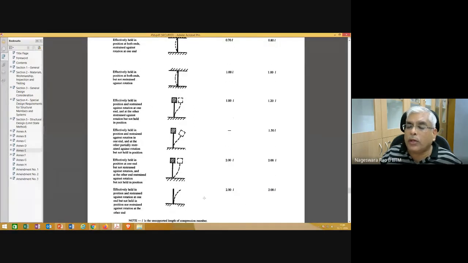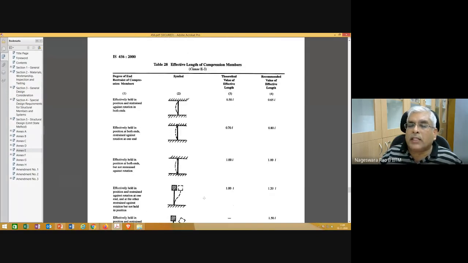And if you want to classify them in the same manner as while reading figure 26 and 27, that is how you can do it. But these are for idealized conditions. So as a part of this course, let's limit ourselves to these idealized cases. Once the information about the end conditions is given in the problem statement, we can take the particular value of effective length from here, and then we can actually go with the design.